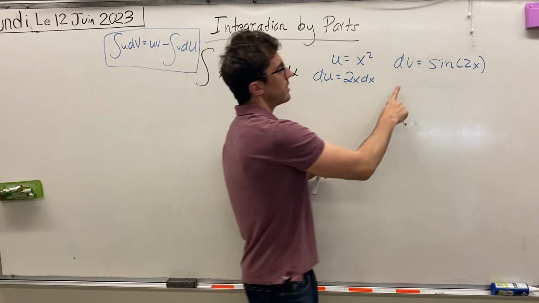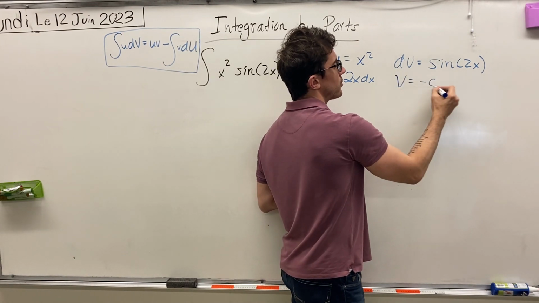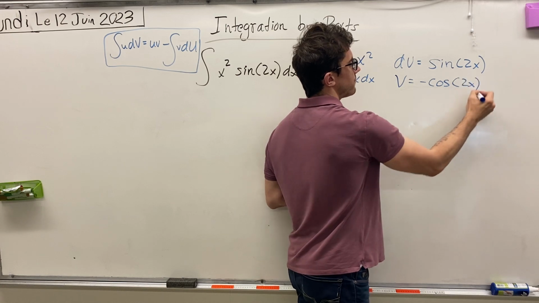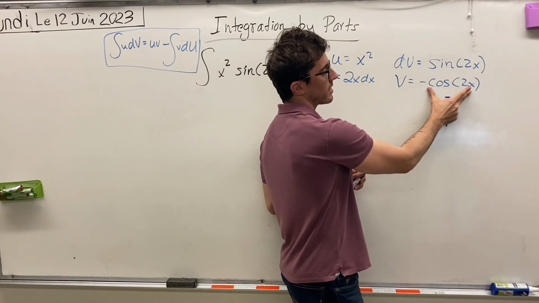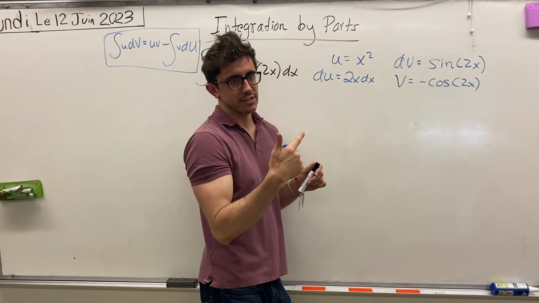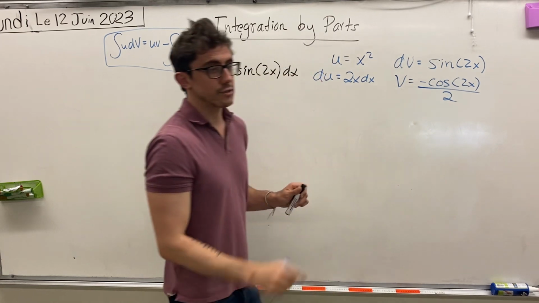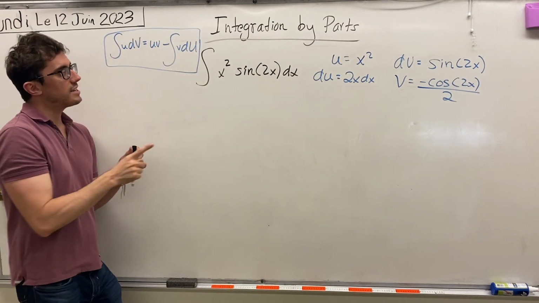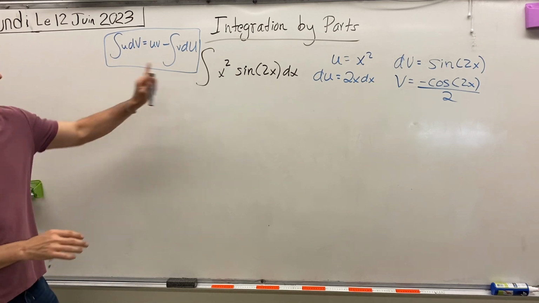Okay? So if dv is sine of 2x, then v is going to be negative cos of 2x. And reminding ourselves of the chain rule, if we were to differentiate cos of 2x, we would get 2 times negative sine 2x, and so let's make up for that with a denominator of 2, okay? So now that we have established our u, dv, du, and v, we can go ahead and write this out,